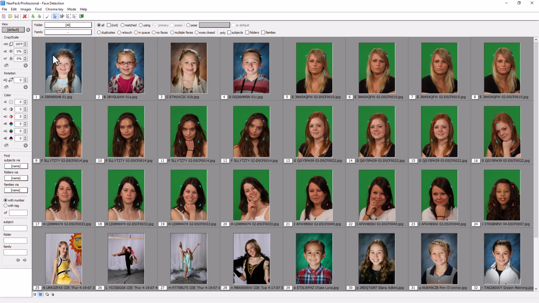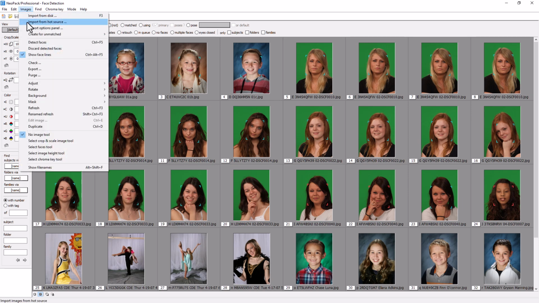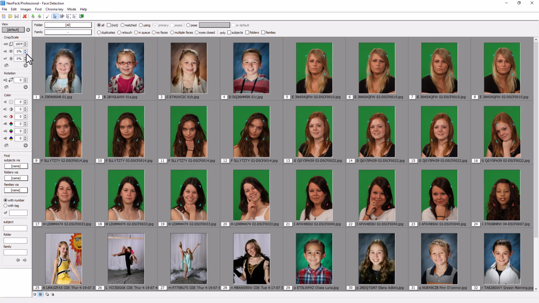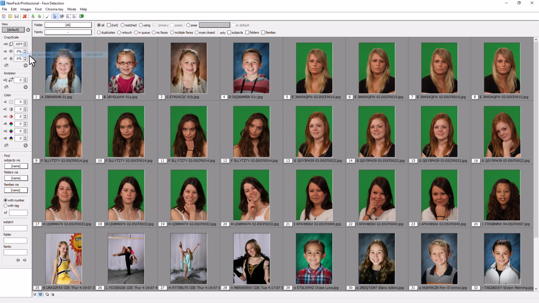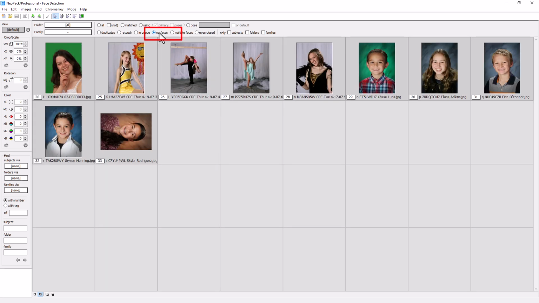That's finished. Now, if none of your images have a face detected, check you have this option selected, Images, Show Face Lines. With it unchecked, the face indicators are hidden. Also be aware the software performs the face detection on the original images, not the previews. So if something's wrong with your image paths or the images are missing and it can't find them, face detection won't work. In fact, I recommend your next workflow step be the No Faces filter.